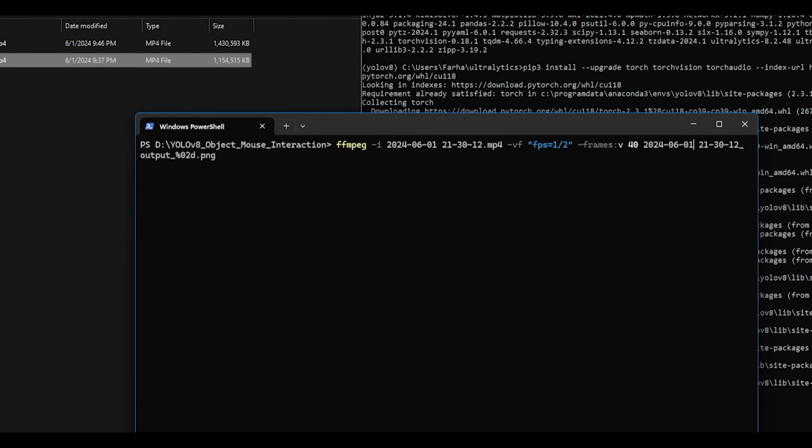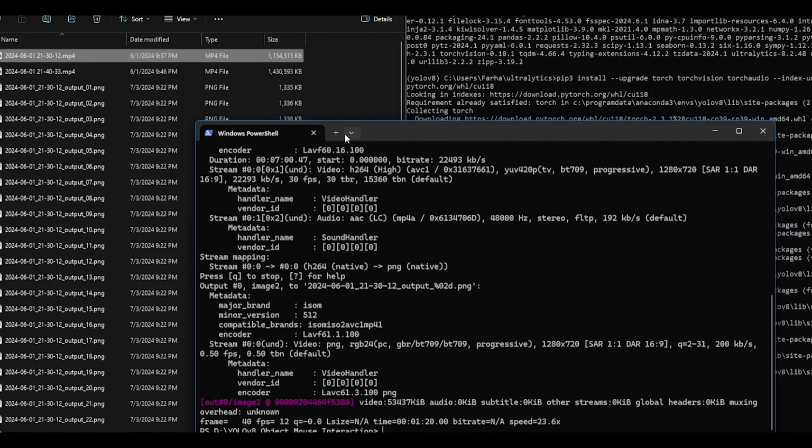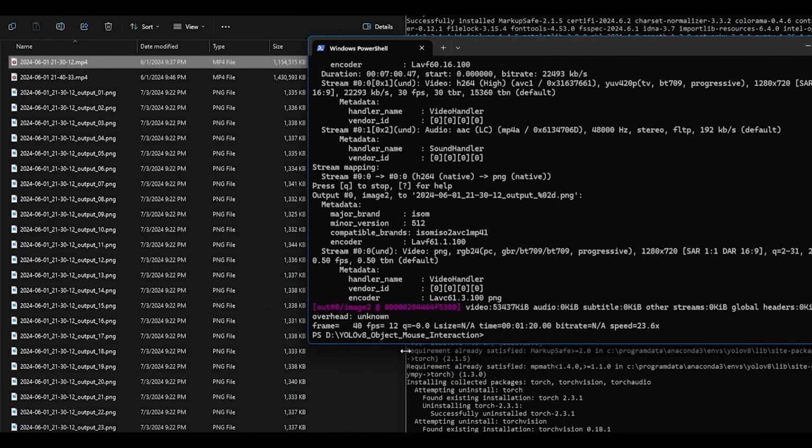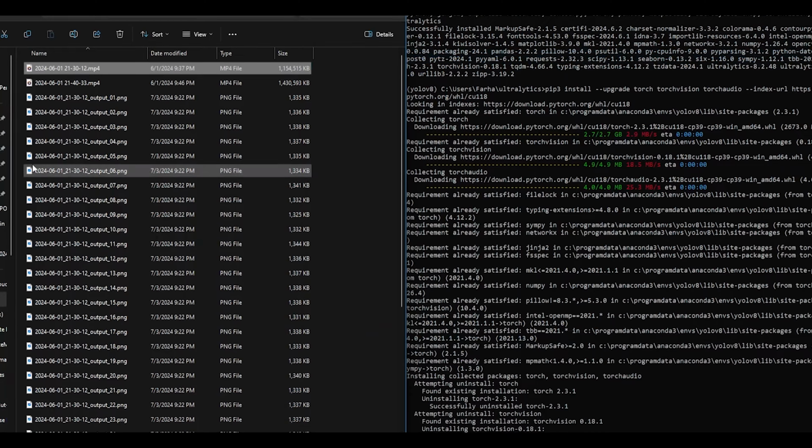The code snippets are on my GitHub page, so you can go ahead and copy these from there and utilize these for your own project. So once I have these, I'm going to put the video name in the quotation marks, and then pressing enter will run the code, and on the left you can see the images are populated in my folder.